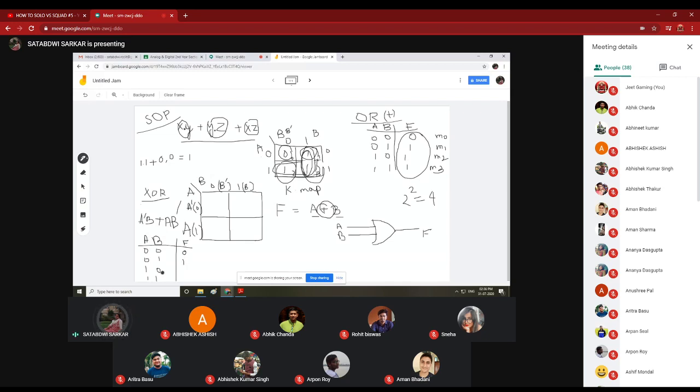Now in this step, 1 and 0. For this combination of inputs, we get A bar, that is 1 bar, that is 0, into B, and the value of B is 0. Next, A B bar. A means 1 into 0 bar, that is 1. So again we will get 1. And for 1 1, here's some question.